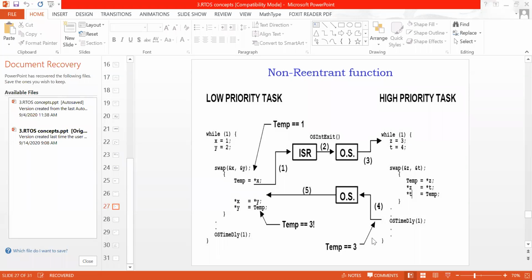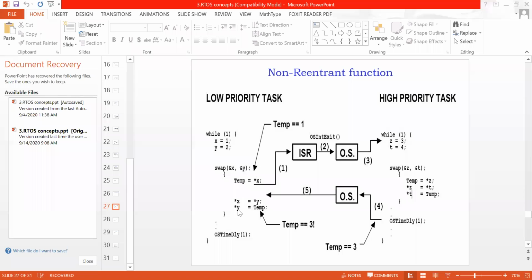That means whenever we switch from the high priority task to the low priority task, the value of this variable temp will get changed to 3. Now you execute the remaining statements of this low priority task, which is x equal to y. That means copy the value of y into x. What is the value of y? It is 2. So x equal to 2, that is correct.